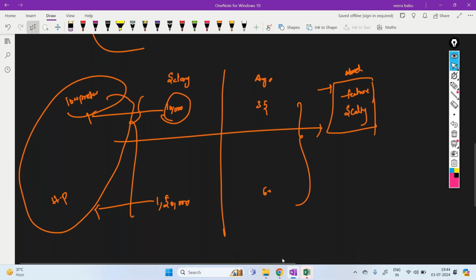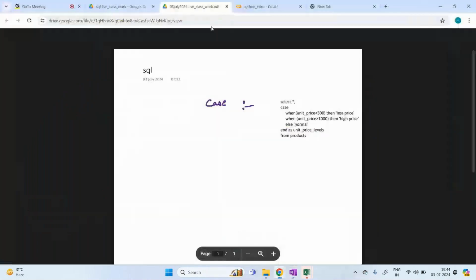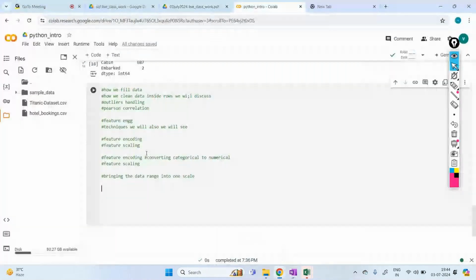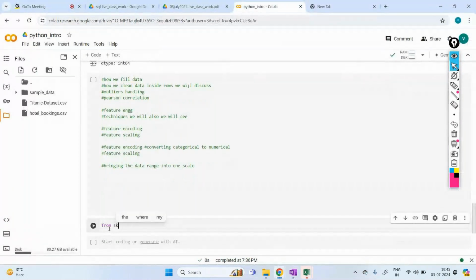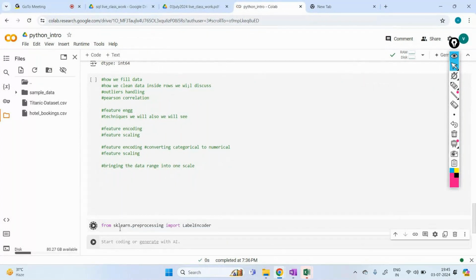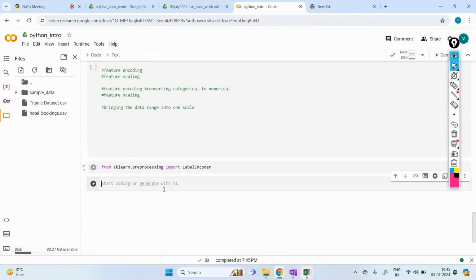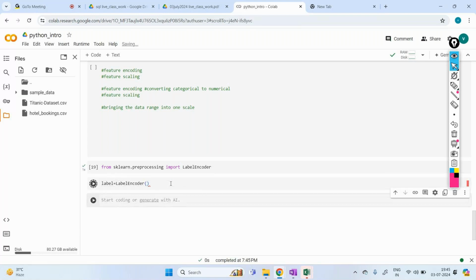Normally, I'll encode this column. I'll show you how to encode this, the sex column. Say, I'm using label encoding. There will be different types of encoding, and we'll say which encoding to use where. Okay, after this,